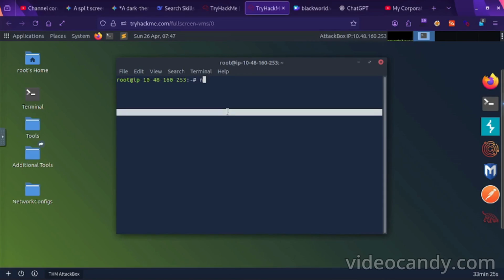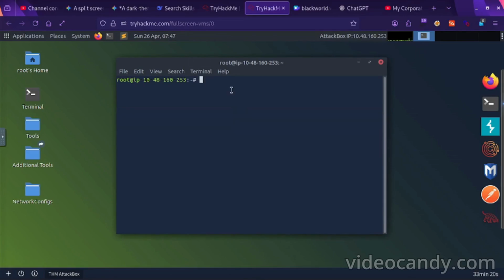This is the one that you have been waiting for, the reverse shell. This is the attacker machine.